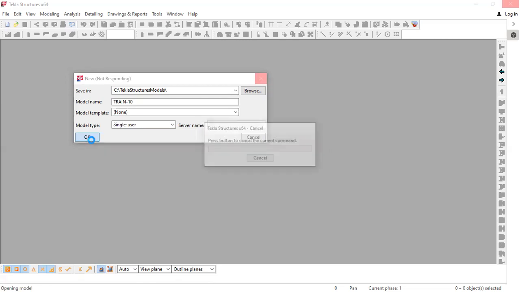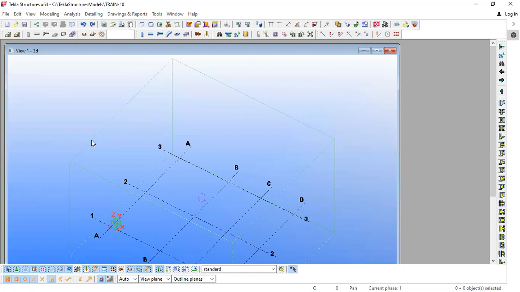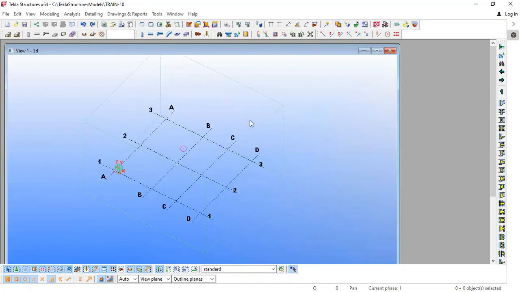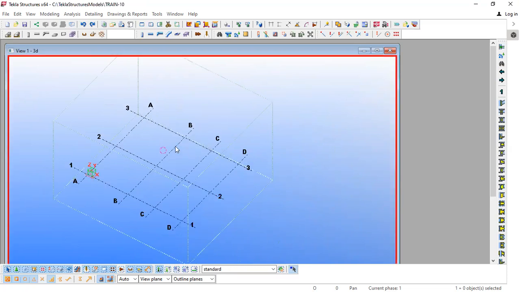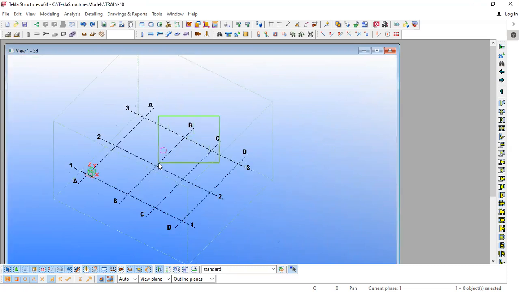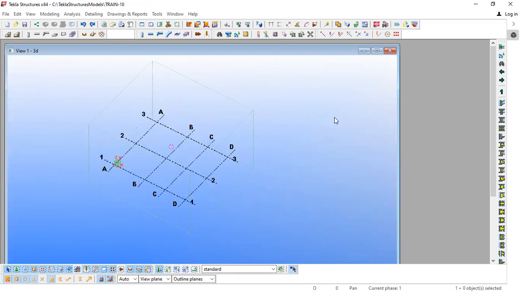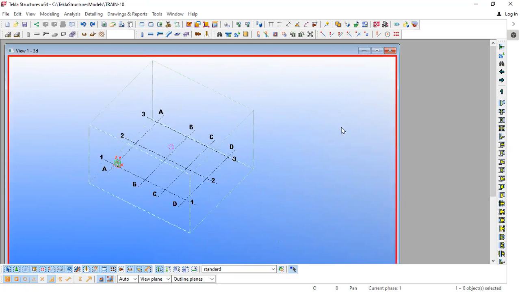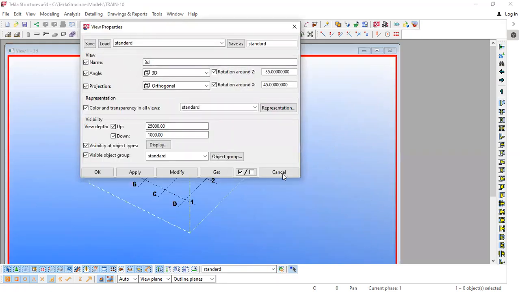So there you go. Here you will find the 3D view and grid. Grid is listed here. You can select this grid by dragging a window like this. And when you are clicking outside the blue window, you can see this red frame is getting selected. That is a property of the view. This is the view property.